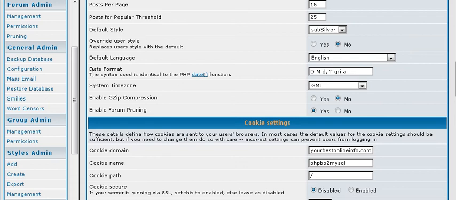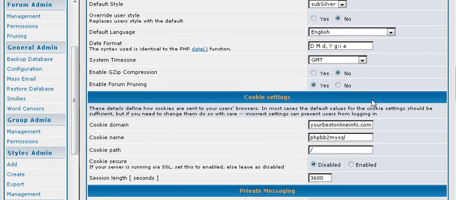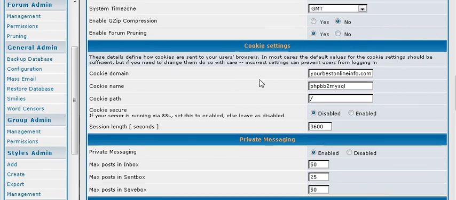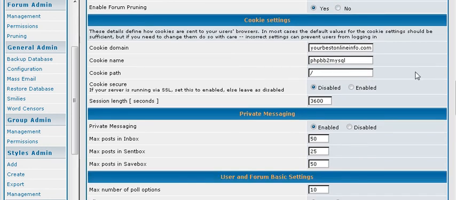Again, our language, and the date format, and our time zone. GZIP compression just compresses your forum, and pruning will actually take stuff out of your forum after it's a certain age. Then your cookies,